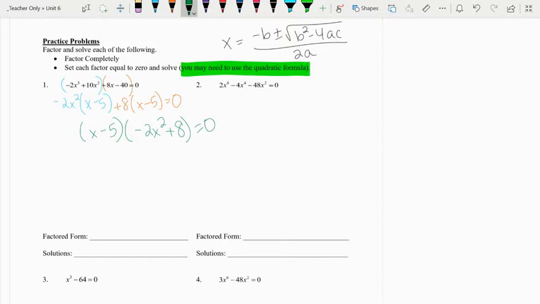Now, hopefully we can realize that the second set of parentheses, we probably need to do something here, right? There is a -2 out in front, and with the -2 and the positive 8, you can factor out a -2. So if we do that, tack it on in front, and that one now becomes a positive x squared minus 4. Now again, hopefully we recognize that this is the difference of squares, okay? So now we would square root both, and we would get x plus 2 and x minus 2,